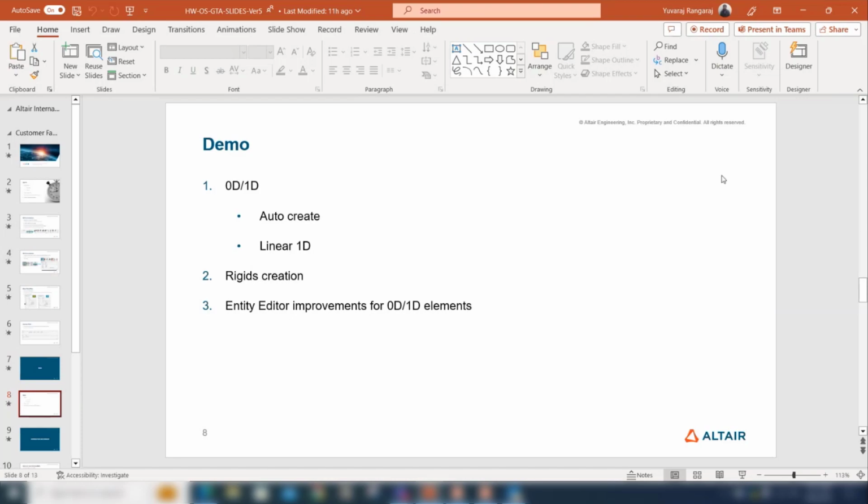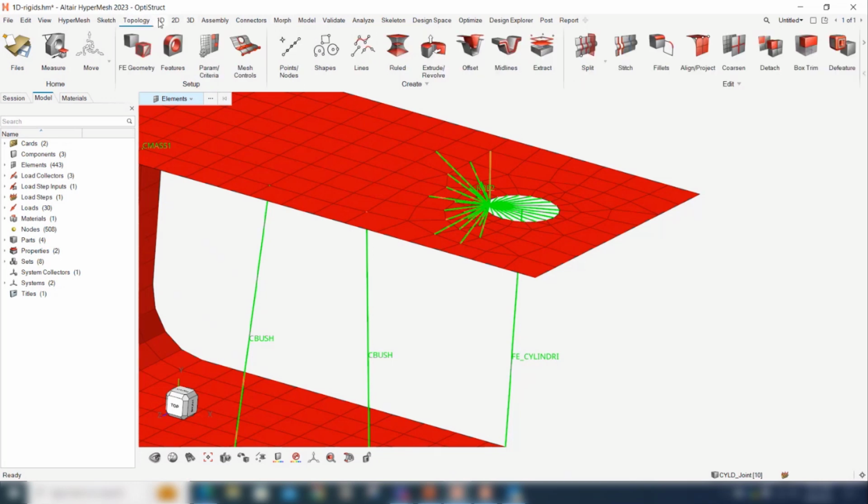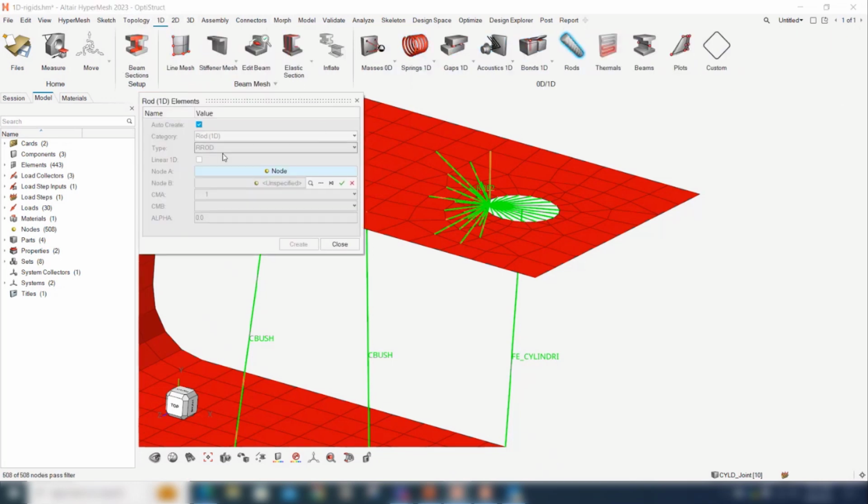Yeah, one more option which I want to cover here as well. Within these ribbons, let me take the rods. We have the linear 1D option. We had the linear 1D option in the panel as well. The moment you select the linear 1D option, you see the selector updates to element. So in this case, if I want to select an element from here